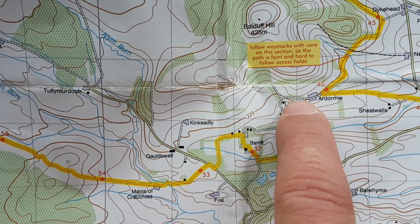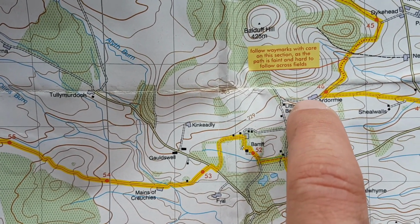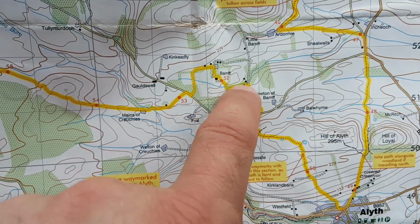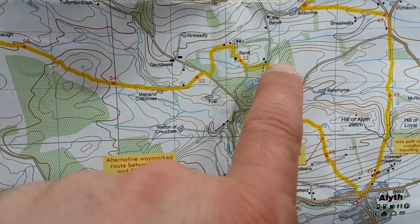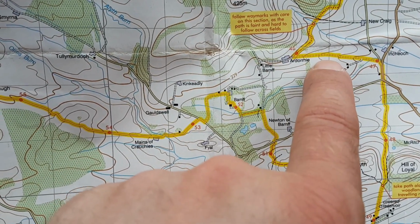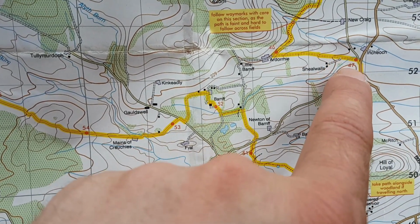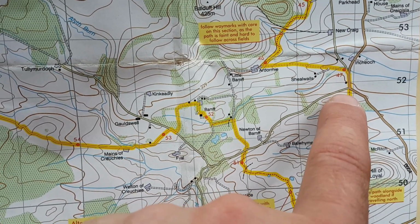So I walked here, but I noticed that something was wrong. Check the map and go back. But actually, if I would follow, I could skip all this walk through the Alyth and make it easier. But I wanted to be exact to the end and follow the path. So here is a walk on the tarmac, little bit of walk on the road, very busy road, so pay attention,